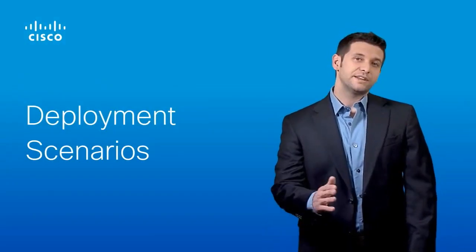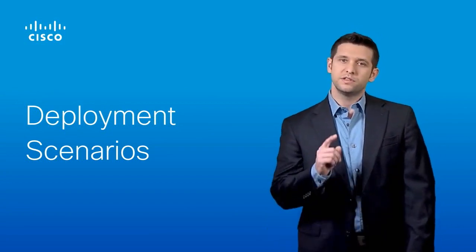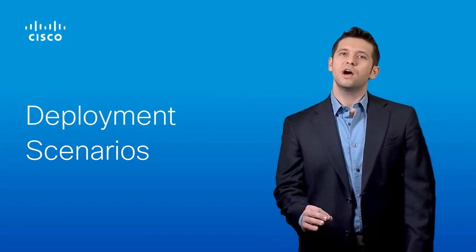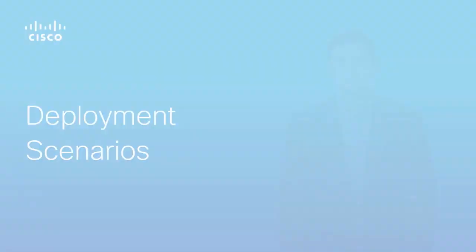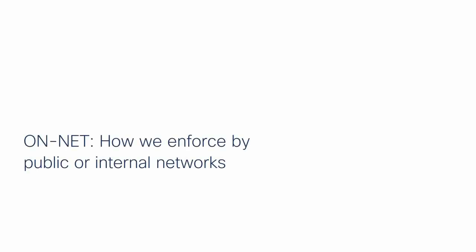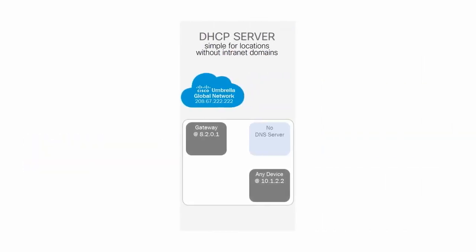Let's move on to the technical details for Umbrella, starting with deployment scenarios. We'll cover how Umbrella can be deployed on network and off network. Our first deployment scenario is for on-network protection. The simplest setup is using a DHCP server that is built into a router, switch, Wi-Fi access point, or firewall,